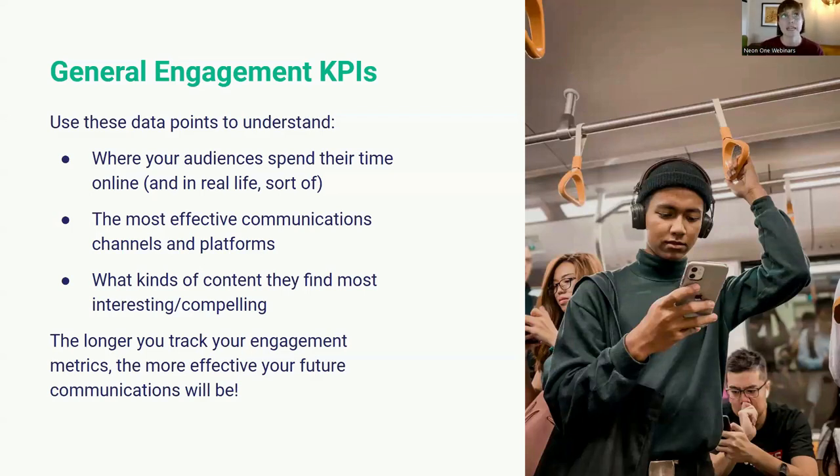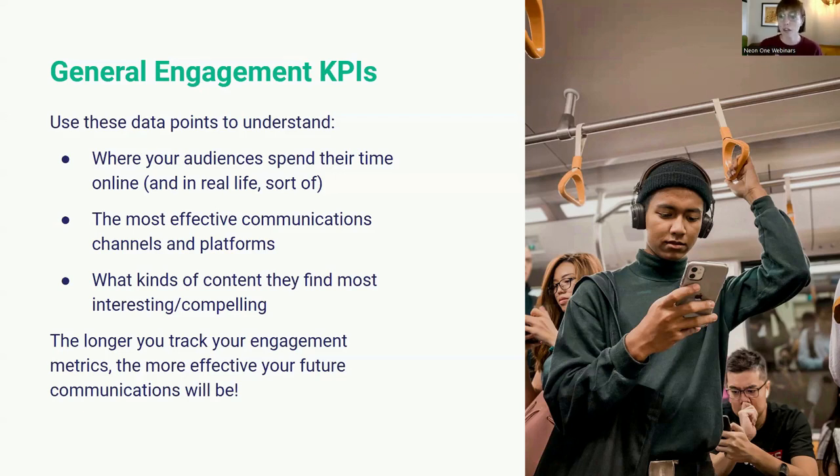When you understand where and how your audiences are engaging with you, you can use that information to build a really effective communication strategy. And it can inform your goals too. So maybe you're like Brianna and you know that the people who are reading and engaging with your emails are really what's important to you. You can use your email data to build very effective campaigns there. Maybe you discover that social media isn't as impactful for you, so you spend a little less time and effort on your social media channels.